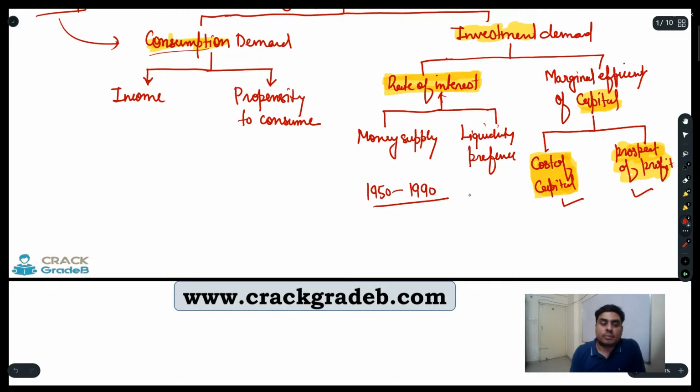Second thing, the liquidity preference. India is a country which is prone to disasters, right? Especially natural disasters. Every year there is a flood in certain areas, right? Every year there is a kind of drought-like situation in certain areas. Every year there is a problem in the mountainous region of avalanche and sometimes cloud bursting. So India is a country where natural disaster is always there, right? And this is why